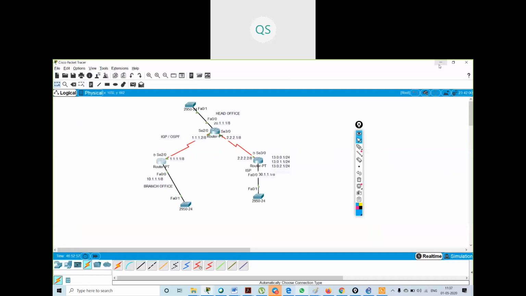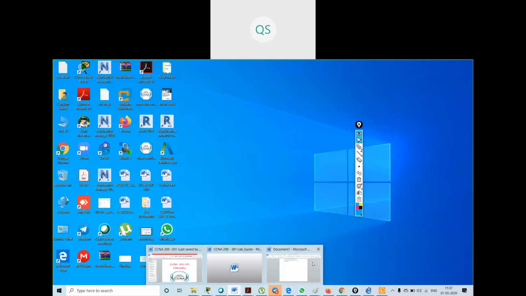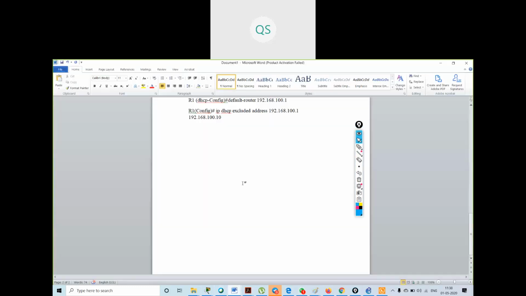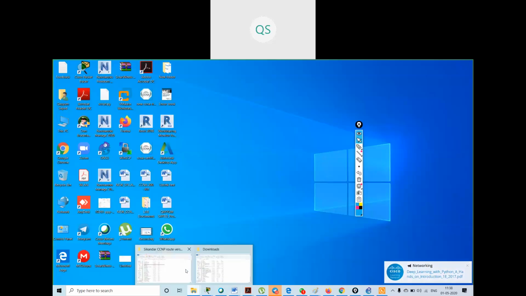Now we will start a new topic. We have learned this in CCNA, but as you know, in the new CCNA syllabus there is no EIGRP concept. Varun and Hari have done the new CCNA, not the old CCNA, so they don't know what EIGRP is. So I will give some brief about EIGRP so that they can also get the idea about what EIGRP is and how it runs.